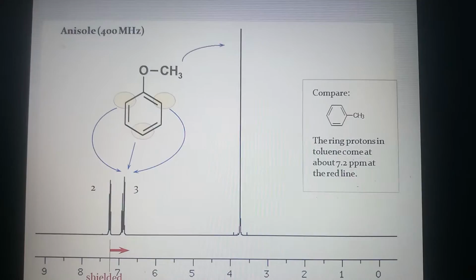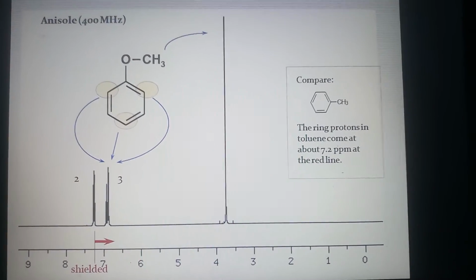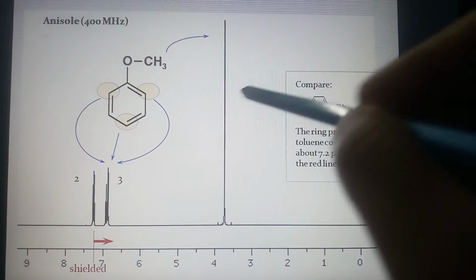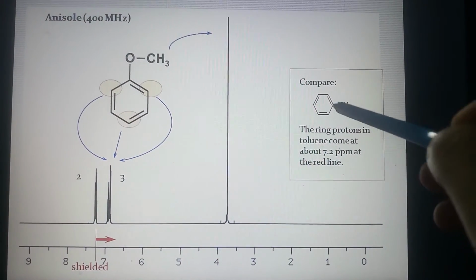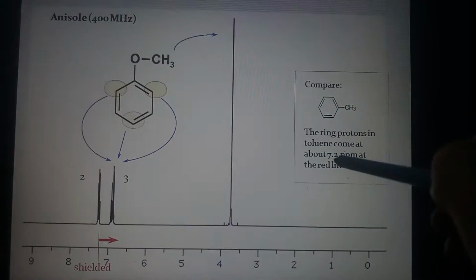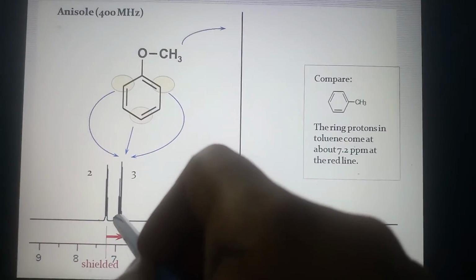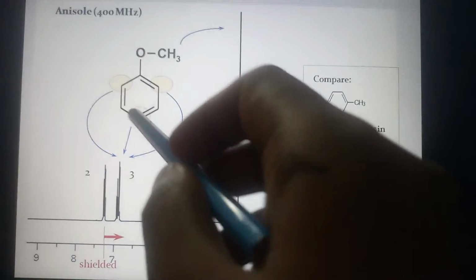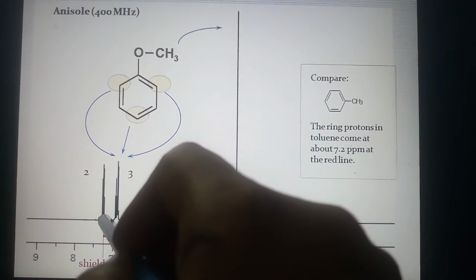An example is anisole. You can see it has 2 ortho and 1 para positions, and in case of simple toluene, all 5 protons appear at 7.2 ppm, but the presence of OCH3 will differentiate all the 3 positions, and these ortho and para protons will appear at a shielded position, and 2 meta protons will appear at the deshielded one.